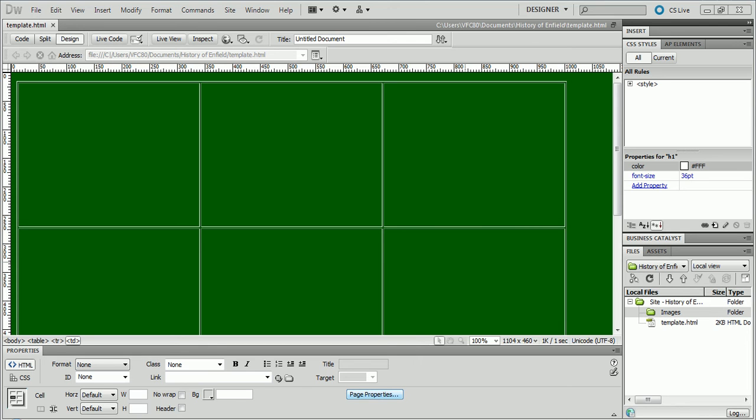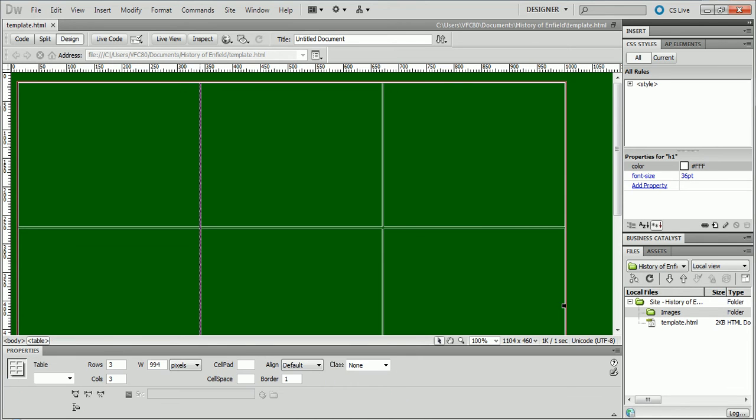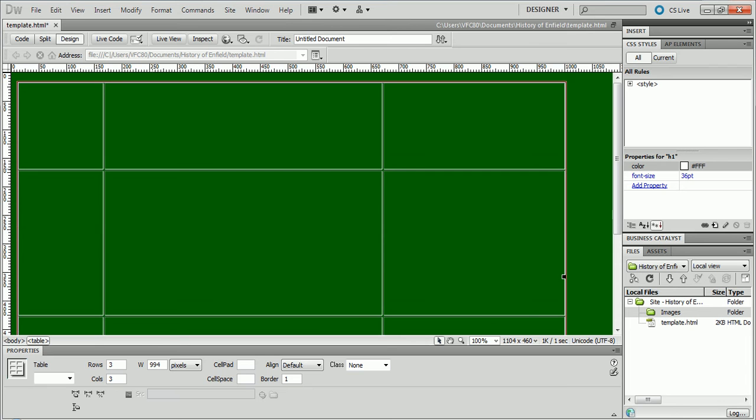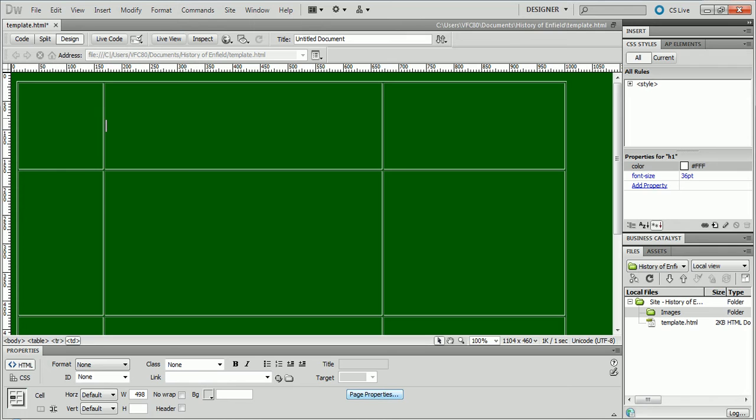I'm now going to change the look of the table to make it look more like my web page design. You can move the vertical and horizontal bars just by clicking on them and dragging them left and right, up and down. If I left click in one cell and then drag the mouse into another cell, then right click my mouse,